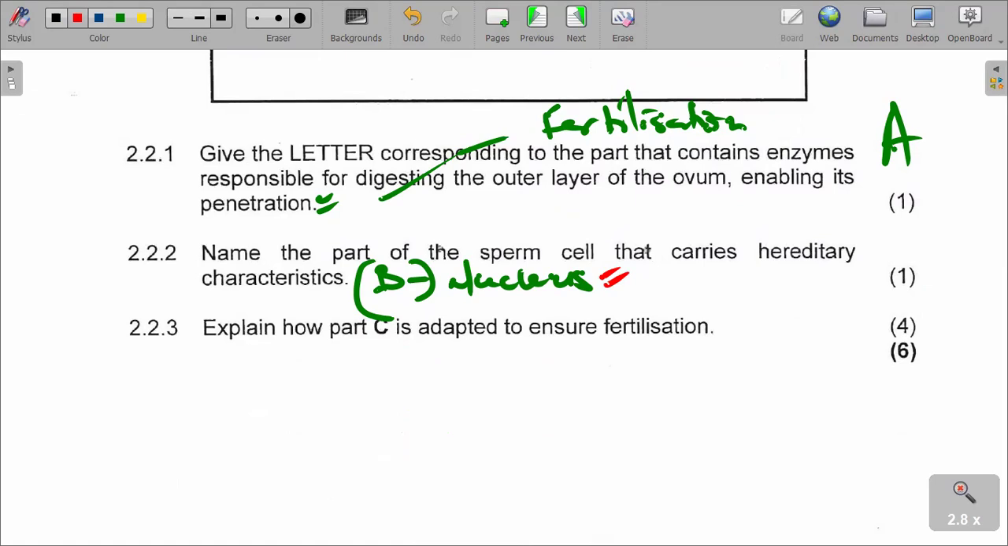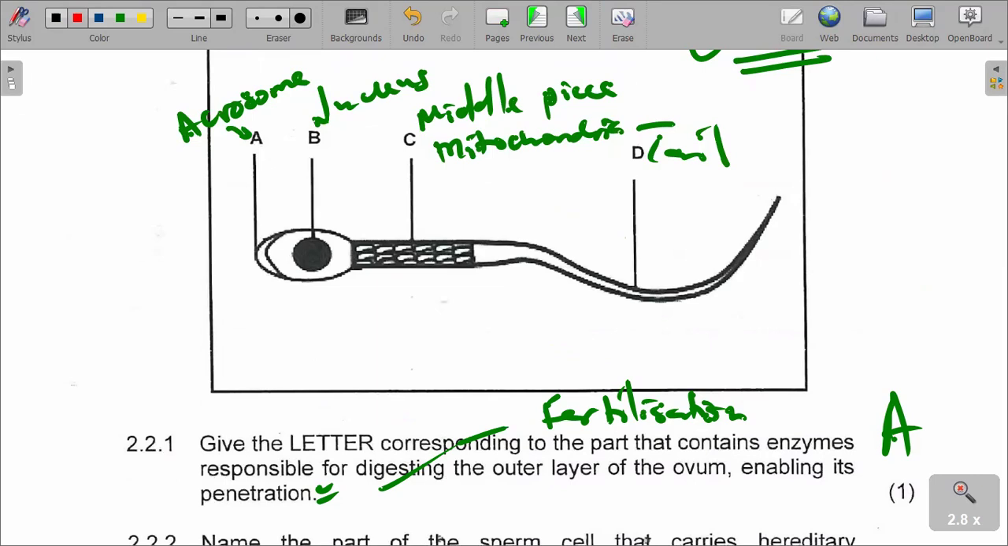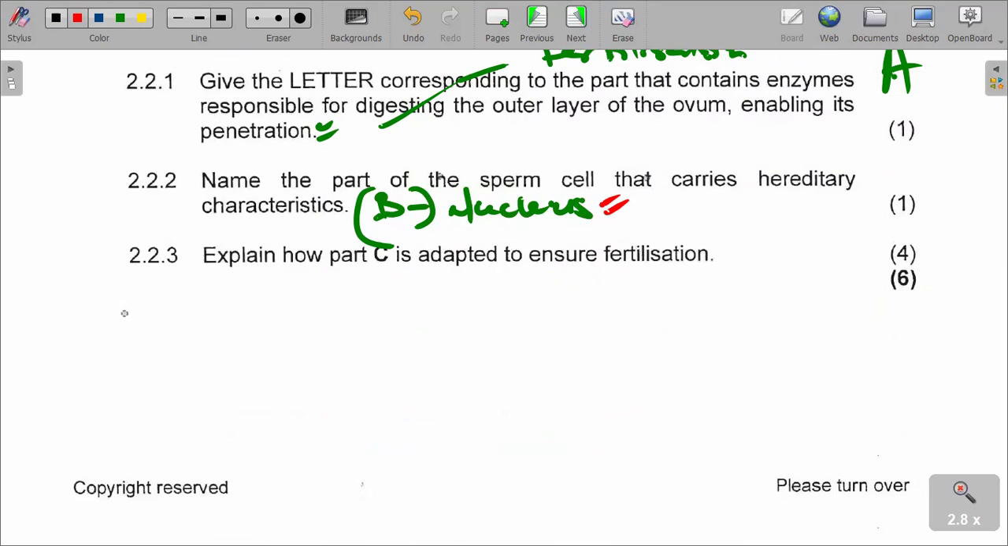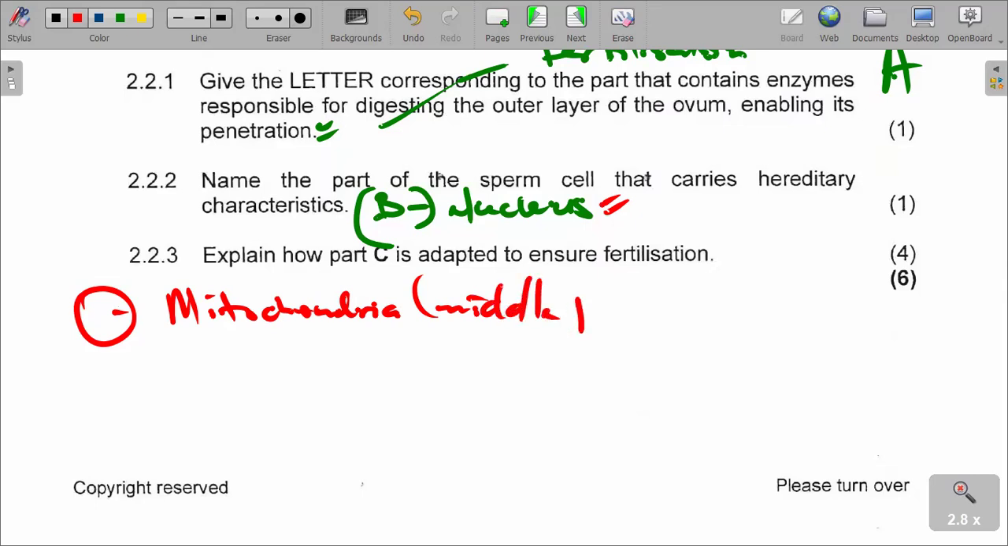Explain how part C is adapted to perform its function. Part C is the mitochondria. What does it do? Mitochondria actually provides the energy for the locomotion of the sperm cell. It is actually the middle piece, which contains mitochondria